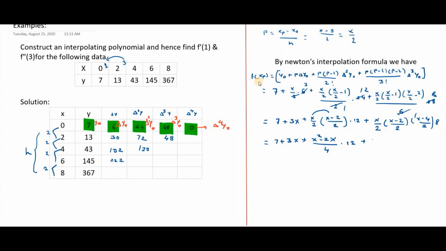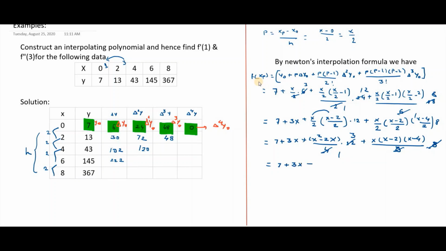Here also x into x minus 2 into x minus 4 divided by 2 into 2 into 2 is 8 and this is 8. So total these 4 ones and 4 threes, and in last term 8 and 8 get cancelled, so that we are left with, so this is 7 plus